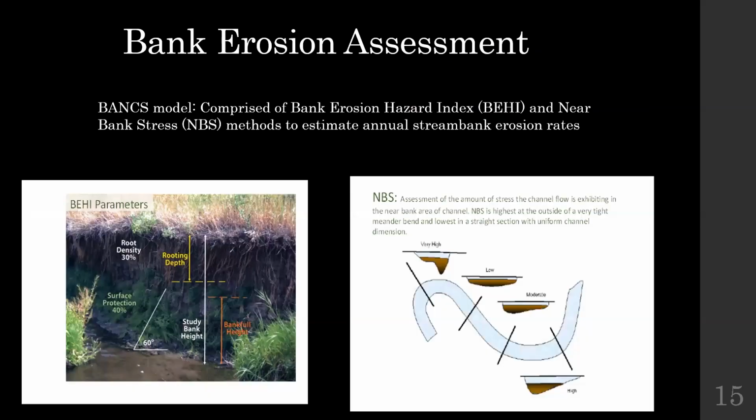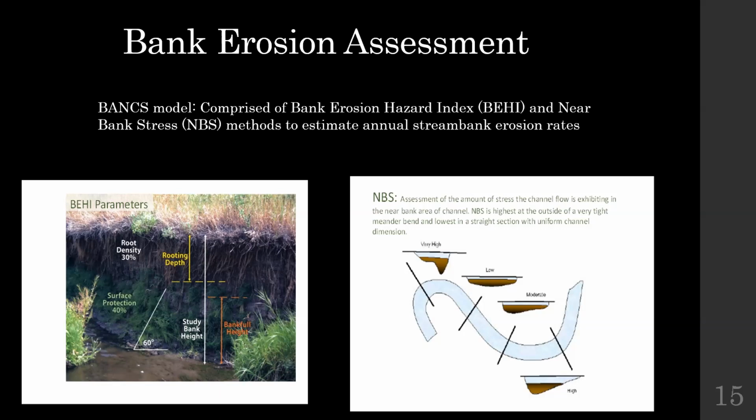Next, I'm going to talk about the bank erosion assessment. For this, we use the BANCS model, which involves a bank erosion hazard index, where you go out and sample banks within different stream sections and look at whether the banks are covered in roots, the height of the bank, and different characteristics to come up with a likelihood of erosion, and then also the near bank stress, which is basically how much energy is put on that bank during high water